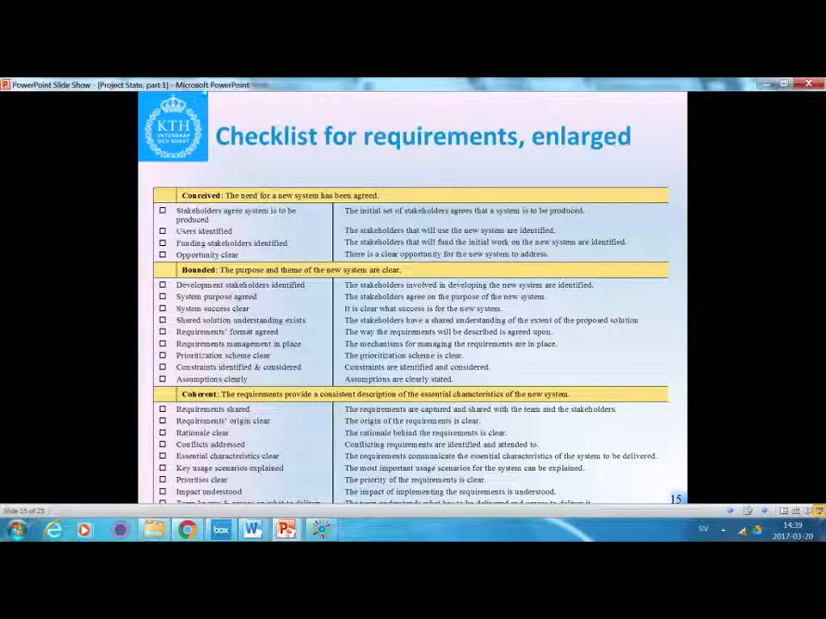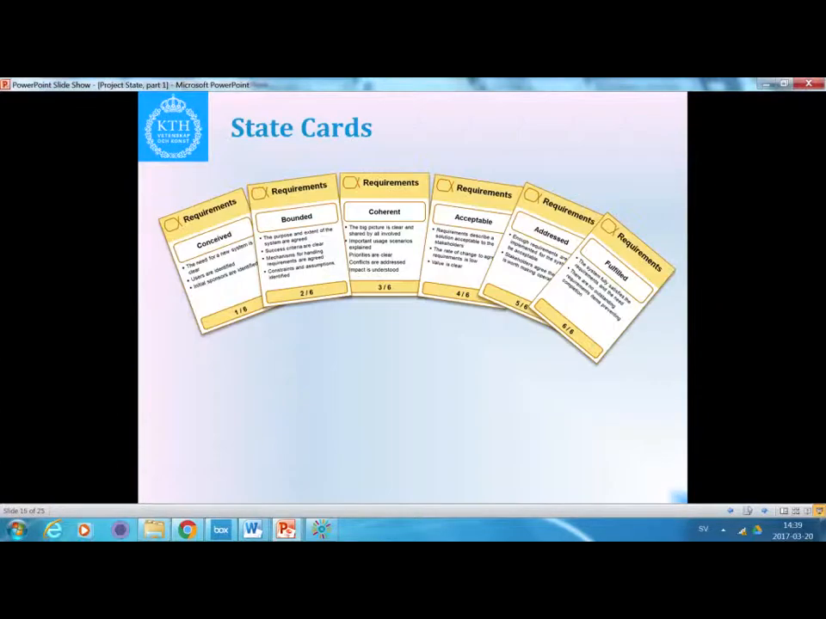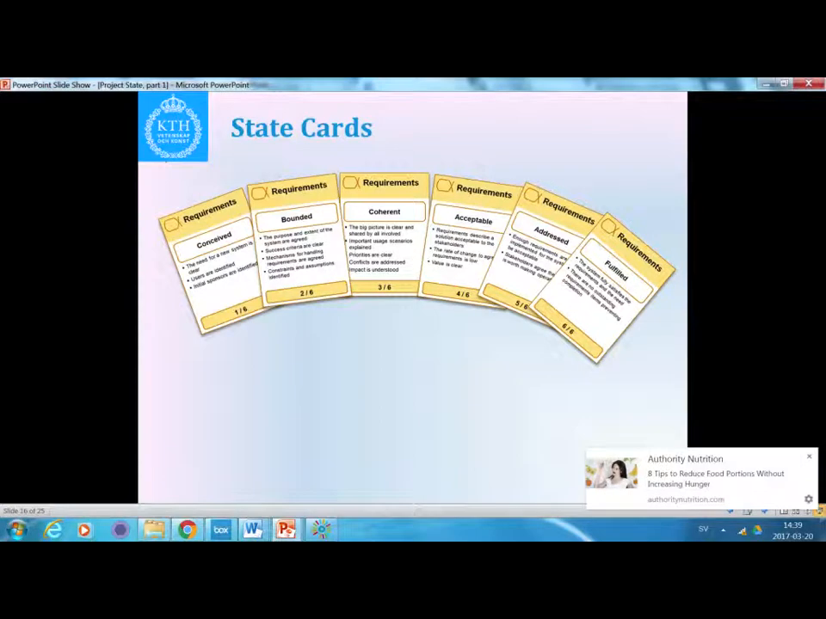So here the initial set of stakeholders agrees that the system is to be produced. This is a full checklist item, but it is also abbreviated. It is also abbreviated to stakeholders agree system is to be produced. Why do we have it in an abbreviated form? Well, this is because we try to help